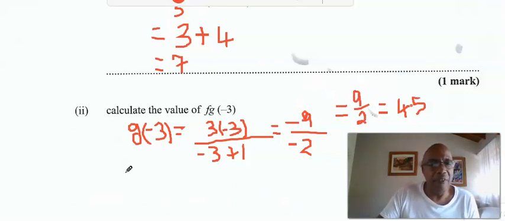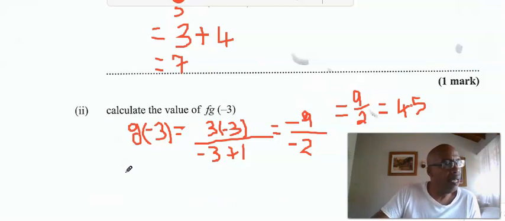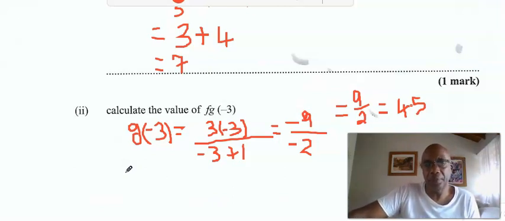Remember, f of x equals 1/3 x plus 4. So therefore, f of g of -3 is simply f of, so as I said, use any one, the fraction or the decimal. Let me use the fraction. So f of 9 over 2